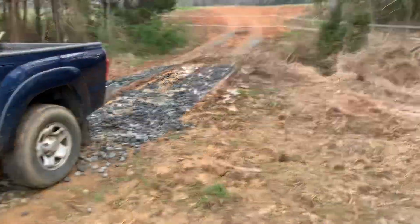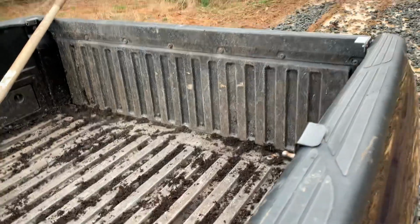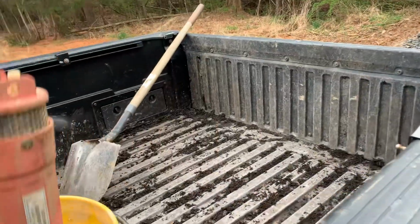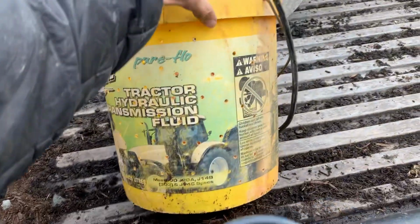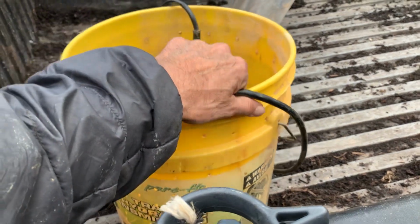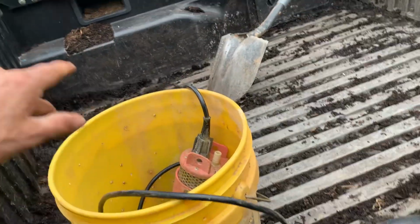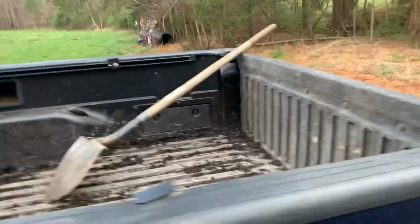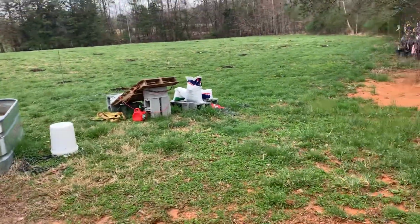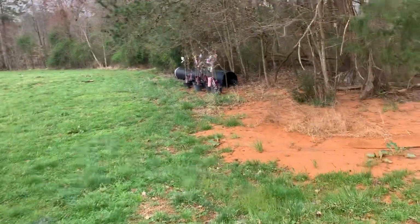And I had to spread some rock today over here. This is the actual solar pump, the actual pump that goes in the water. What I do is I set it down in this bucket that's full of holes here, so I don't get big twigs and rocks. And it works as a little bit of a filter, and I hook this wire to that controller that you guys saw over there, and I'm able to pump water pretty much all over. I've had no problem pumping water, as much as 400 or 500 feet. And continuing down,